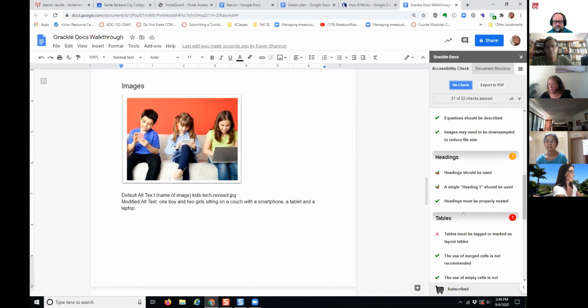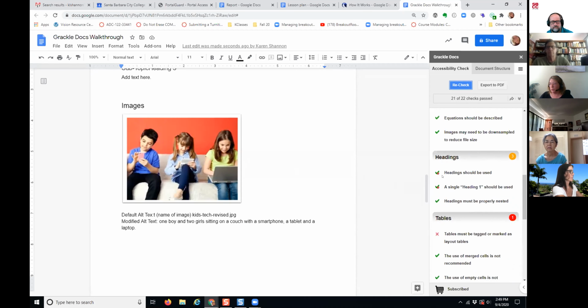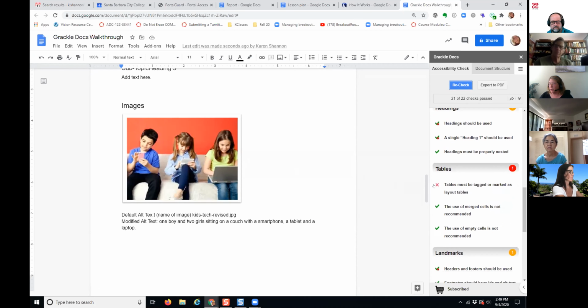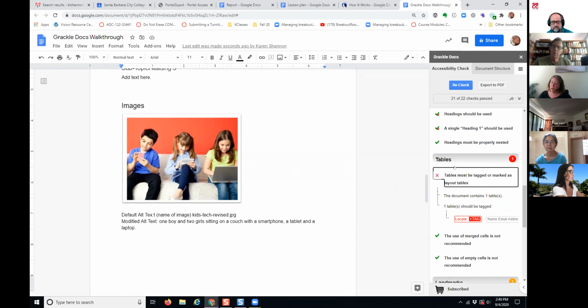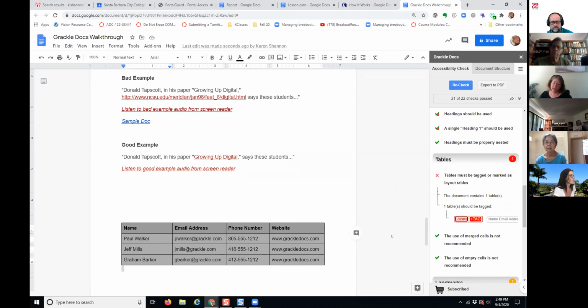Let me just scroll down quickly. So headings, remember, this is the reminder. A single H1 heading should be used, and I do have a single H1 heading in here. Notice this is just a reminder. Tables, this is an important thing. If I click on tables must be tagged, I can click on locate. It's going to show me where in the document that is. And then if I click on tag,